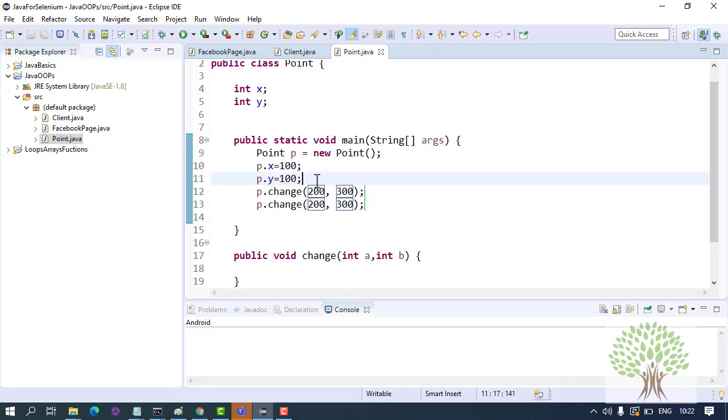So you want that when you print the x coordinate and the y coordinate before calling this function, and after calling this function you print the same thing, that should be updated.